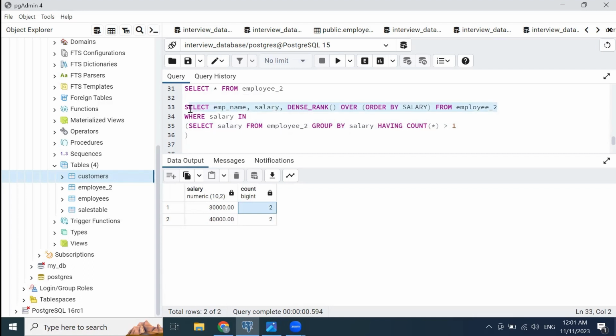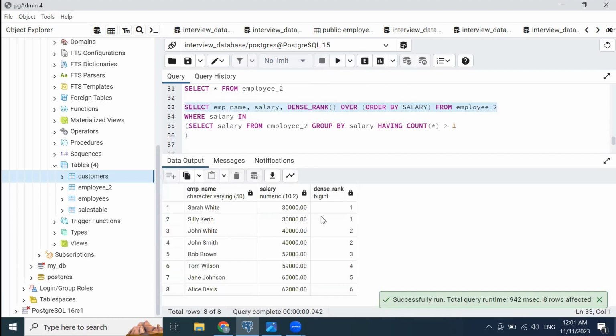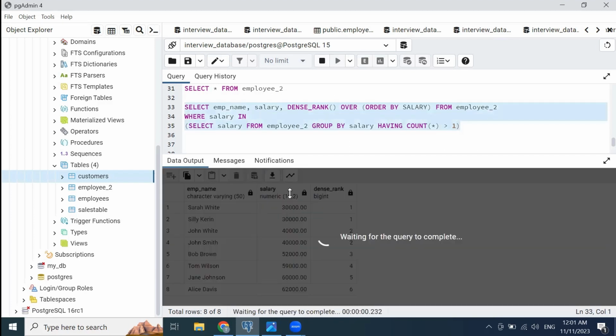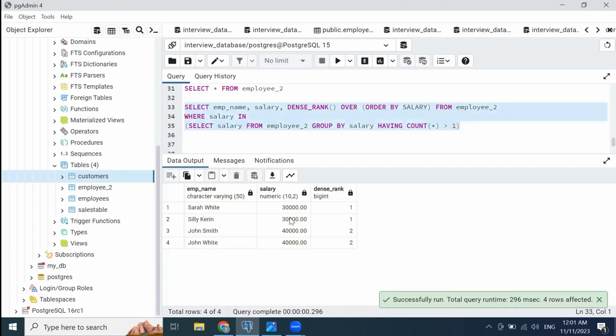Okay, before that, if I just select it, this was the previous query. It comes from this basic employee 2 table, but right now we have given a condition and just perform the query from this inside query, from this subquery, and extract it from the grouped data. Okay, and then if I just try to run it, it will select all these names. You could see how it has just extracted the employees with the same salary,